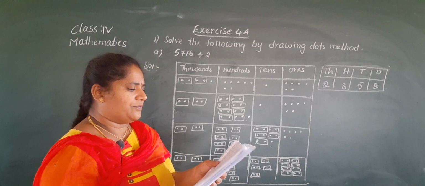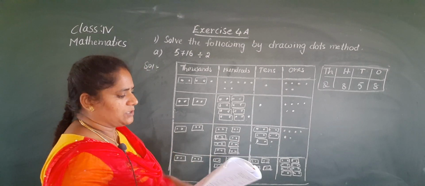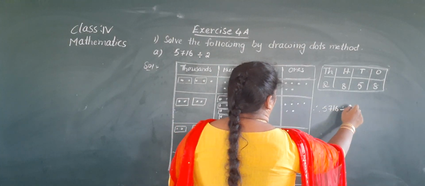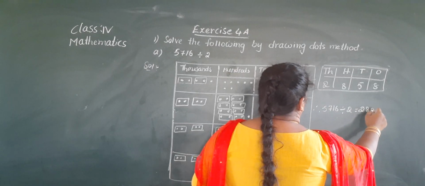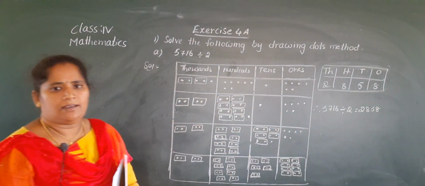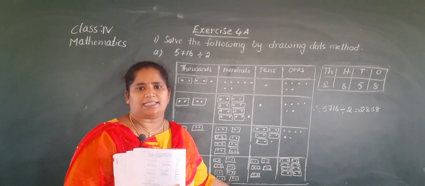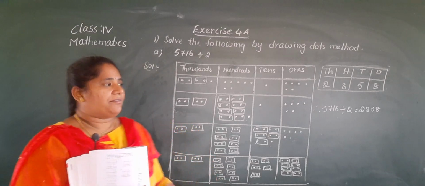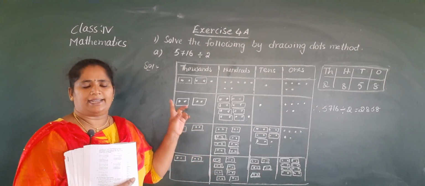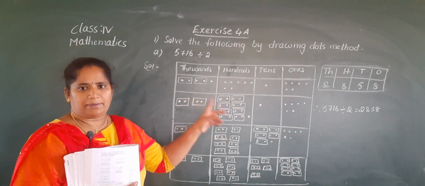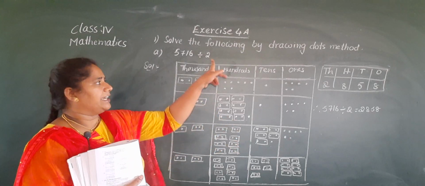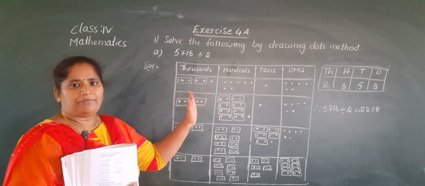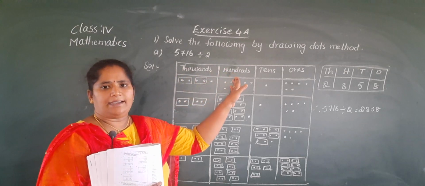Okay, these are the groups, number of groups in each place value. So therefore, if 5716 is divided by 2, it gives the answer 2858. Okay. So my dear children, I don't have space, that's why I wrote side, Nana, but you have to write continuously. Okay. Try to understand this problem, Nana. First you have to arrange the digits with the dots according to their places.